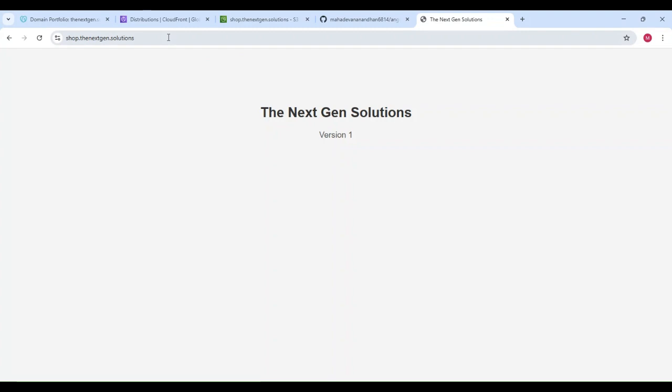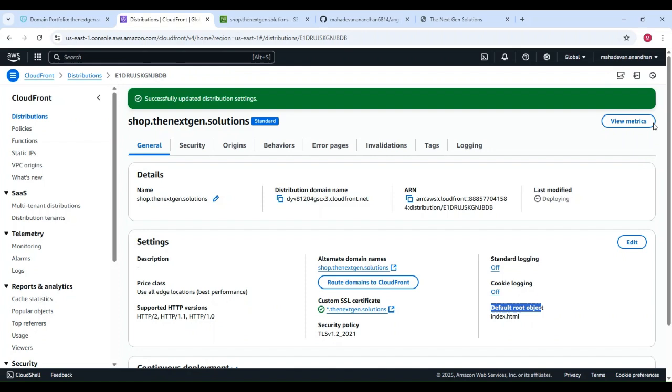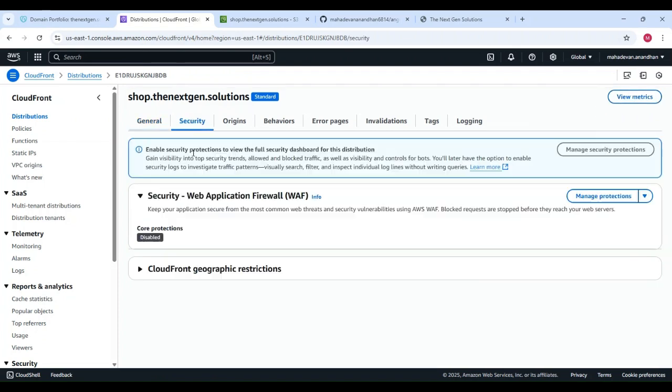So now I added the certificate, right? So we can access that URL using HTTPS. It's a secure one, so the communication is secured. And if you want to secure the website more, then you can add a web application firewall here. AWS Web Application Firewall helps us prevent cyber threats and cyber attacks. And now the topic is how we compile the code and deploy the code